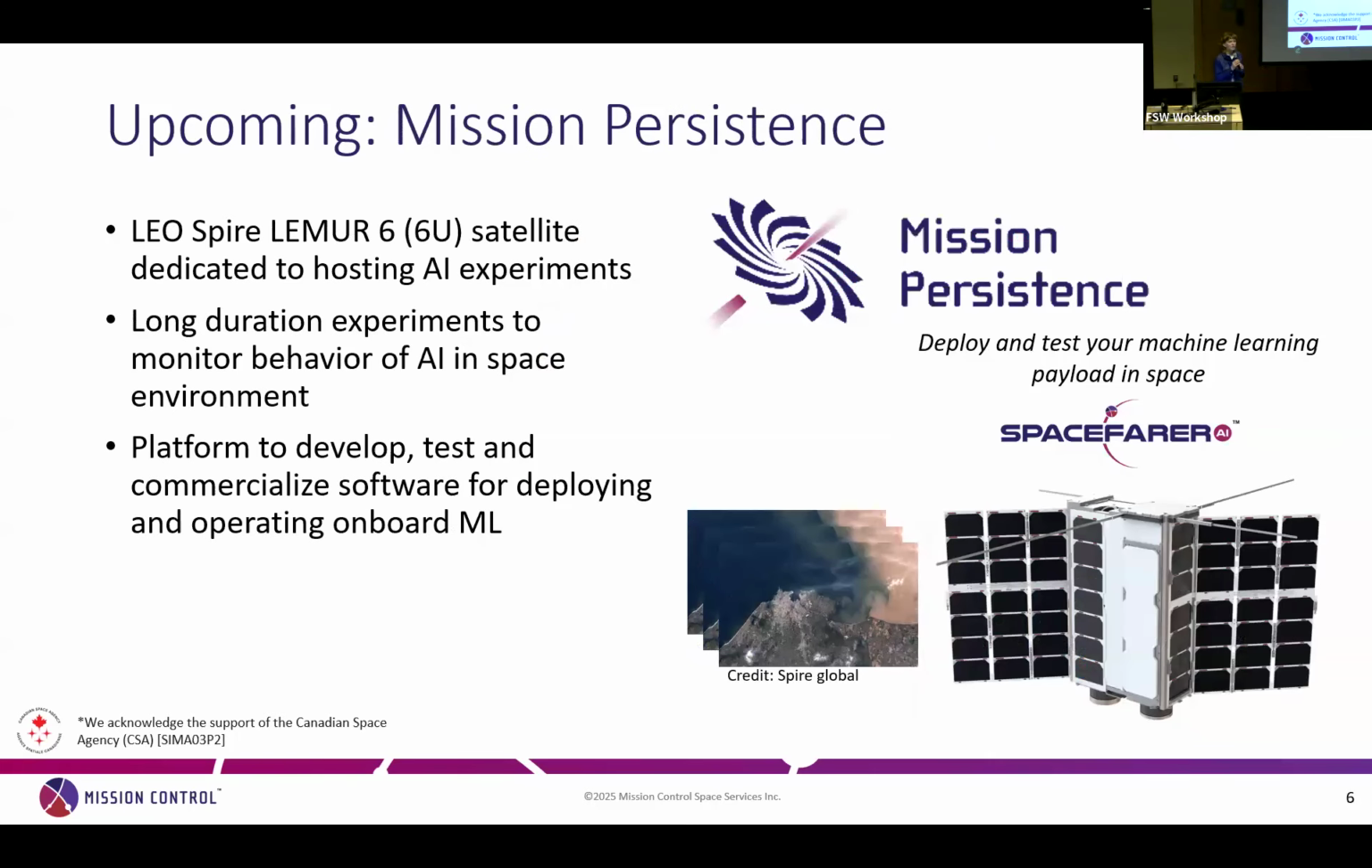And then the second one I want to talk about is a satellite mission. It's an Earth observation satellite with an optical payload, where we're going to really be using it as our AI lab in space for a minimum of a year. This is launching later this year. And the main thing we are interested in, the main experiment we want to run, is long duration